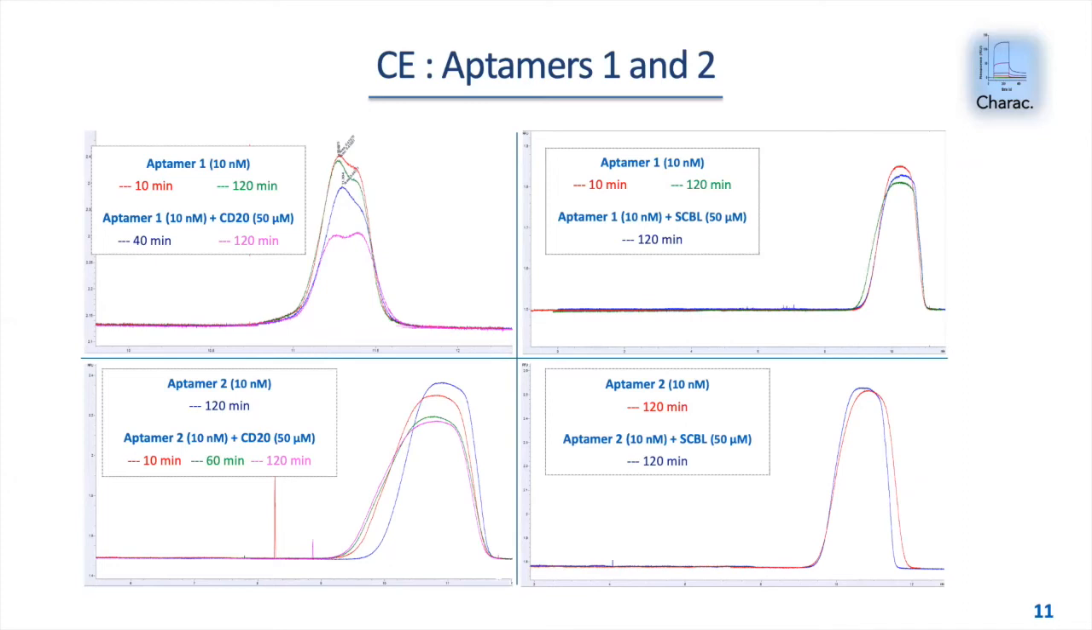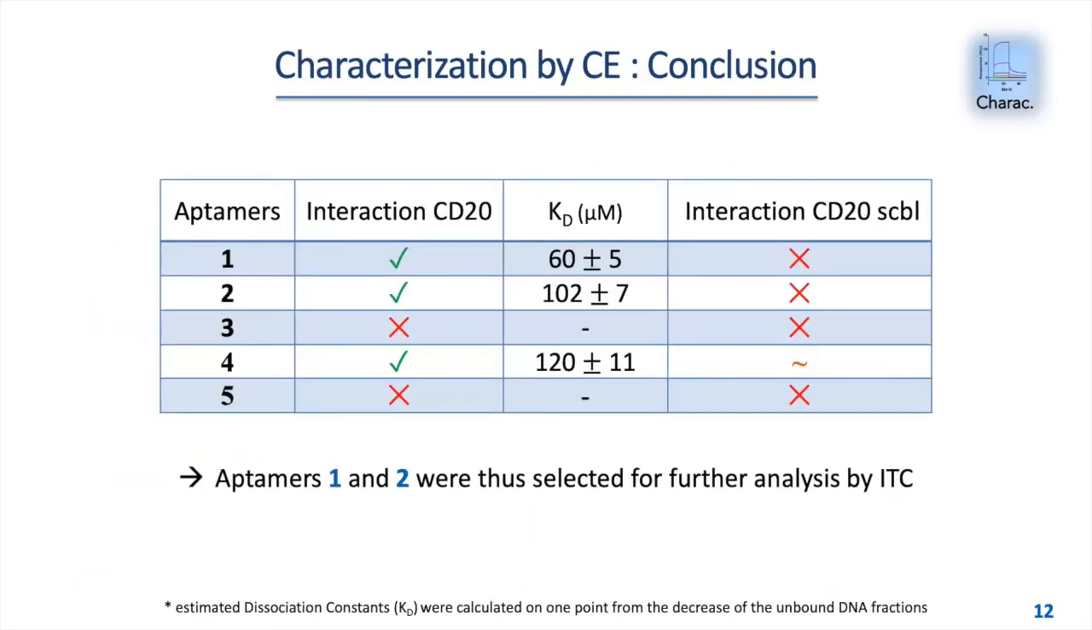And same for this one, even if it's a bit less strong, we have a difference in the shape of the profile. While for the scramble, this time after addition of the scramble, we saw almost no differences. So here is a summary of the results we had. In fact, we had 3 aptamers that interacted with the target, but one of them, number 4, also interacted with the scramble version. So we decided to just keep aptamer 1 and 2 to do the further analysis using